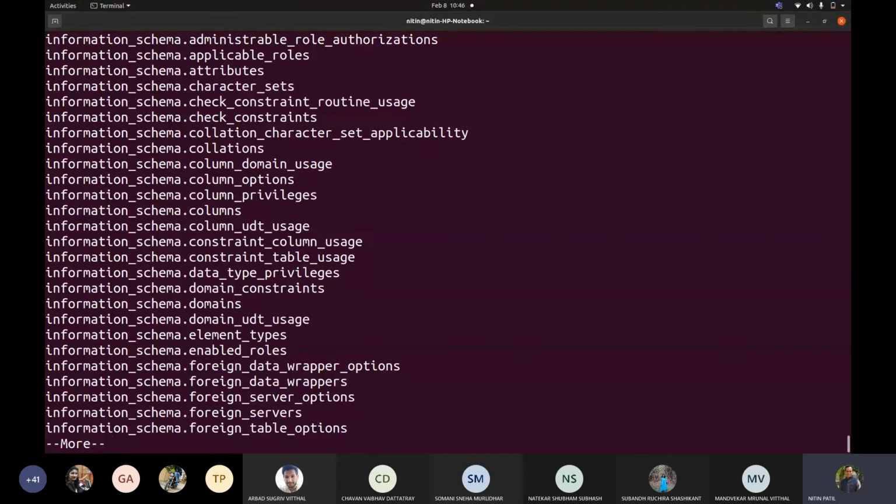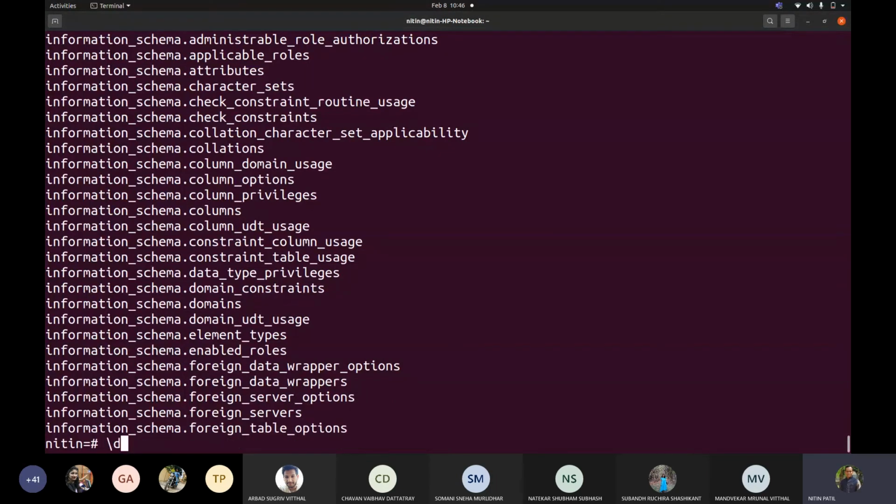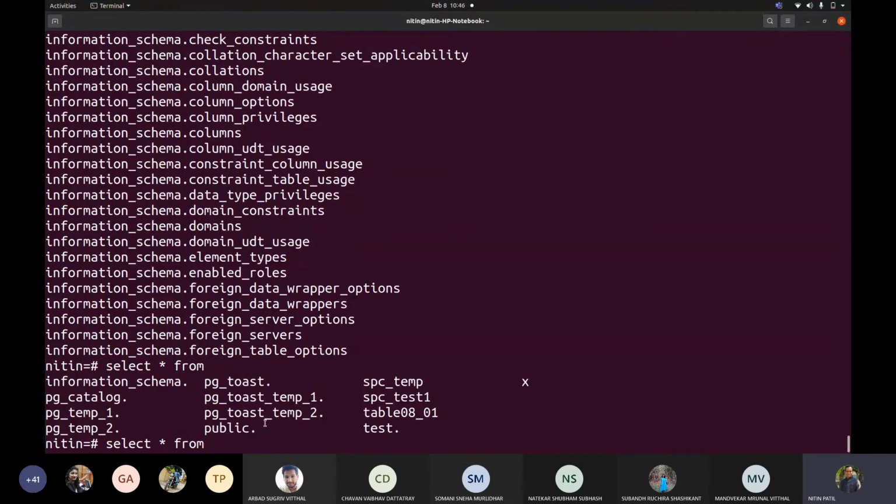Why are this information schema and the other schema required for me? Like I already mentioned, this temp, whatever temp we saw, is used for the user's temporary tables, correct? This toast will be used for oversize attributes, and you will understand this toast when you answer one of the questions there, with respect to the column. Now I want you to address this information schema and pg_catalog. What are the differences with respect to the kind of data that they hold?